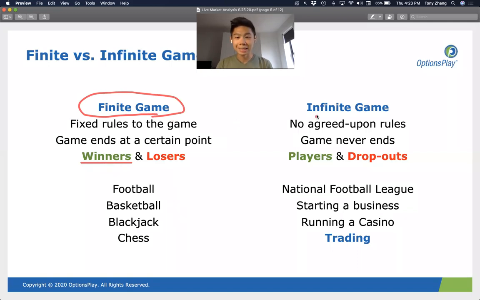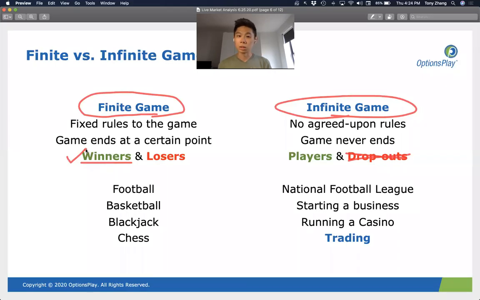And what they don't realize is that they're trying to win in a game that has no winning. What you realize is that trading is something where your only goal is to make sure that you don't drop out. How do you drop out of trading? You drop out by blowing up your account. And ironically, in the pursuit of winning, in the pursuit of trying to turn every loser into a winner, what we tend to see is that investors take on more risk than they really intend to, because you have a trade that went against you. You could just cut the losses and move on to the next trade.